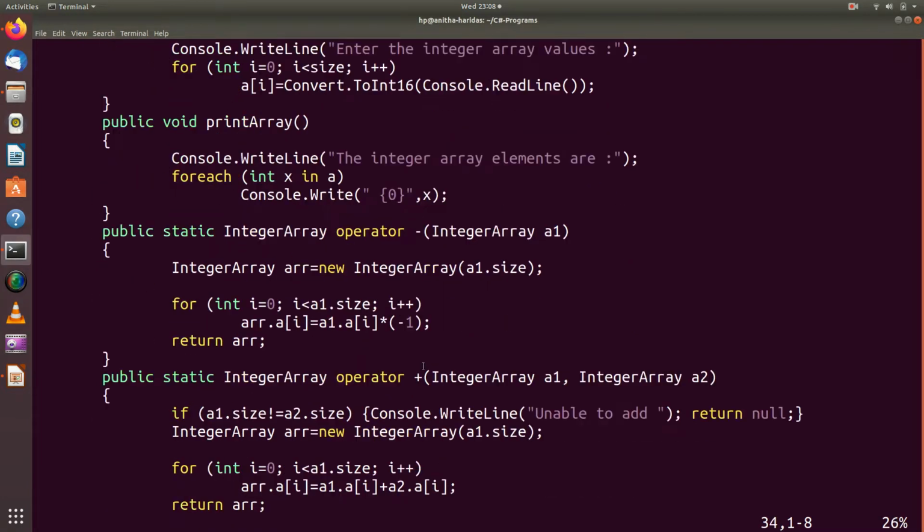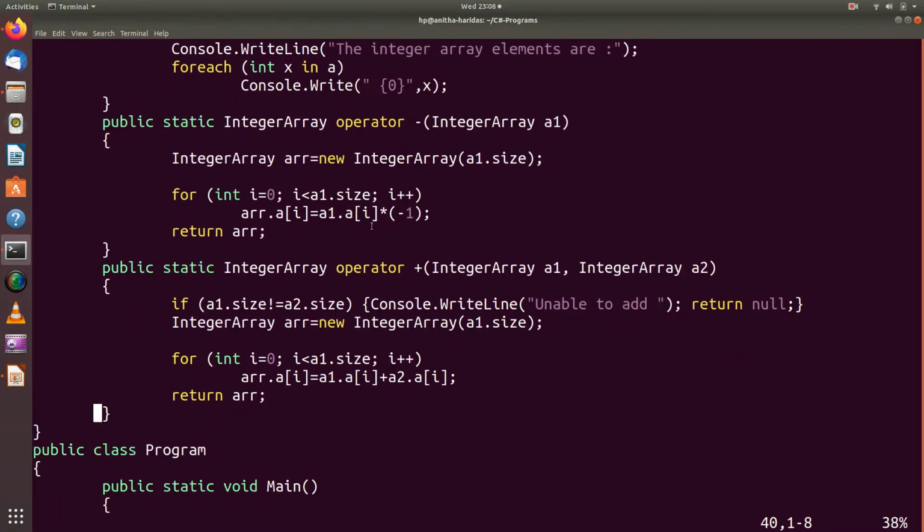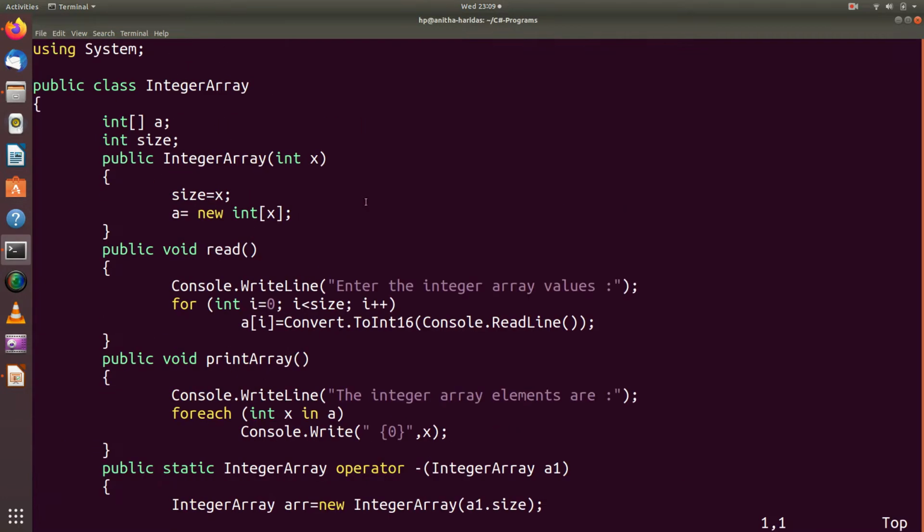That's it. Now these are the two overloaded operators which we have seen in the slide. So you have operator minus, which is the unary operator. Whatever object is passed here, the object elements will be negated. A1 is the object passed. So I take A1 dot A of I, which is the array element.